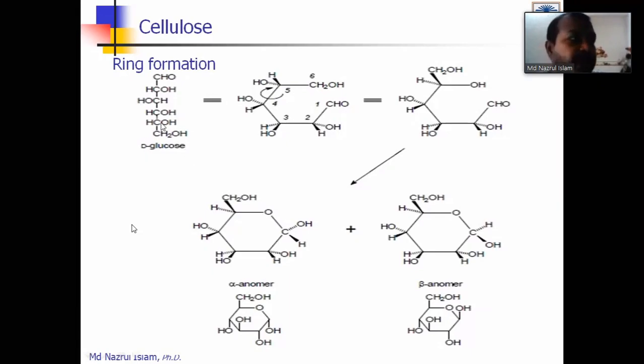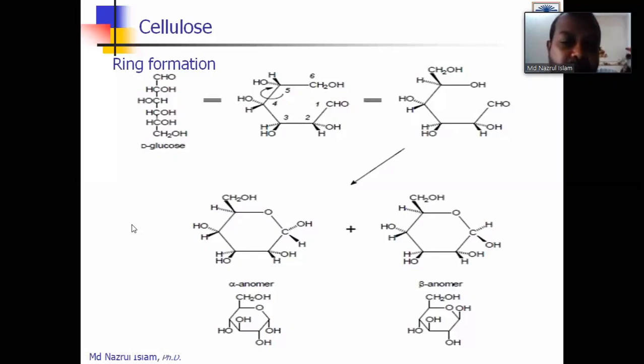Earlier that was quite simple. Cellulose is made from glucose, but as long as you study wood chemistry, you cannot say that wood is made from glucose, because glucose comes in different types. In the linear structure there is D and L; in the cyclic structure there is alpha and beta. So you cannot say it is simply made from glucose. You have to mention that wood is made from beta D glucose. But again, that is not enough, because the structure may be linear or cyclic.